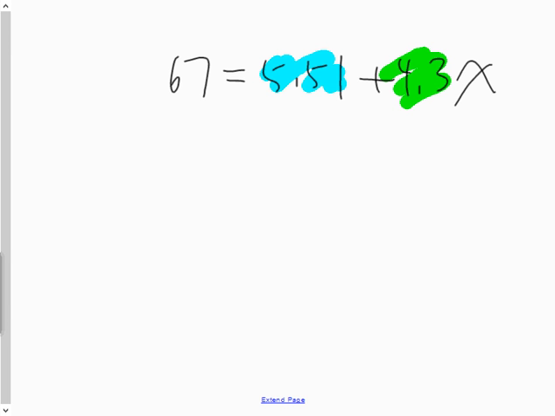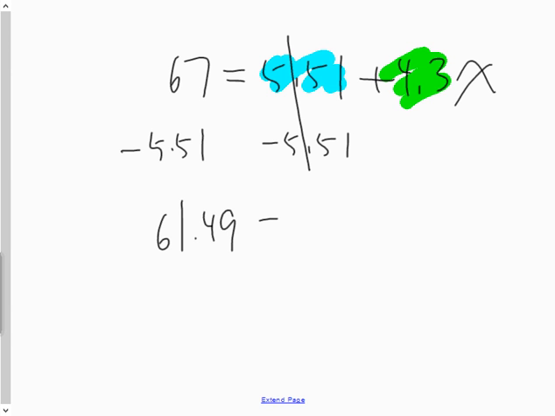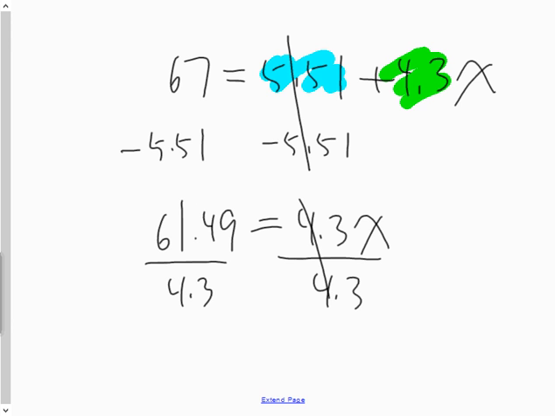Get rid of your constant first by subtracting it from both sides. 61.49 equals 4.3x. Divide both sides by your coefficient, and x will equal